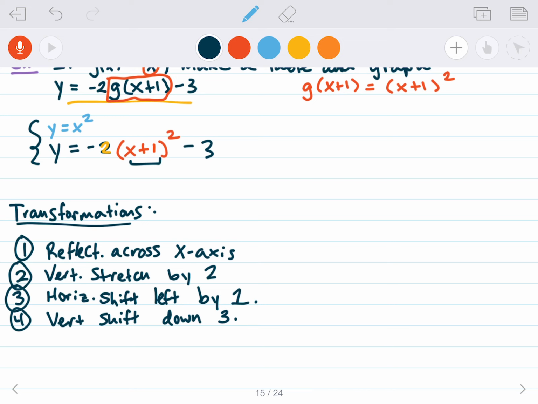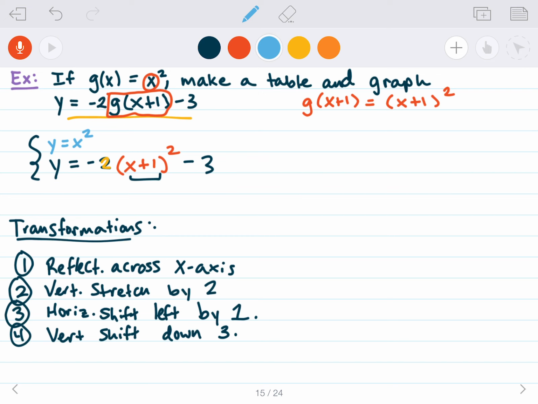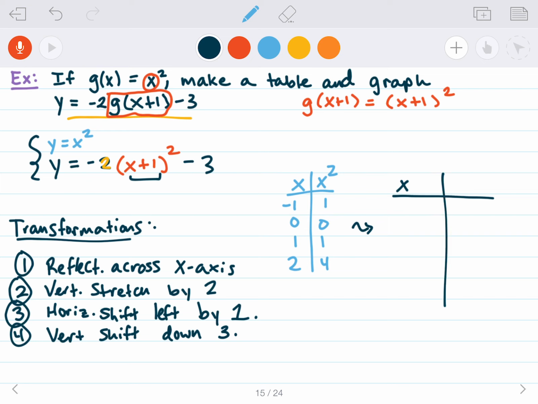All right, cool. So let's go ahead and make a table for my parent function and then my transform function. So you guys know the drill. -1, 0, 1, 2, and then 1, 0, 1, 4. And then we're going to transform this into x, and then we have -2 times (x plus 1) squared minus 3. So what's happening to my x values? Well, the first thing I can do is,